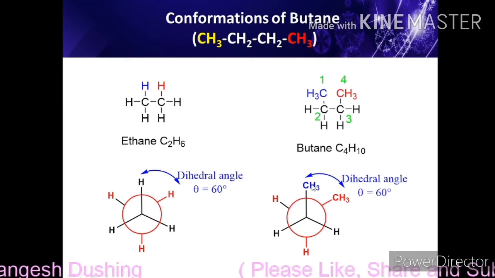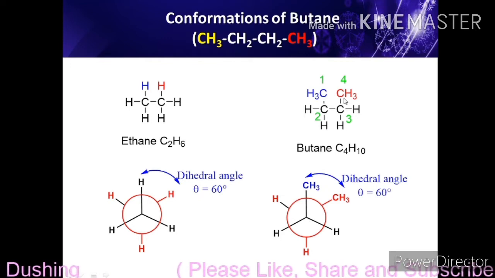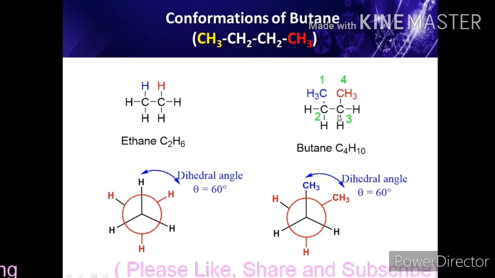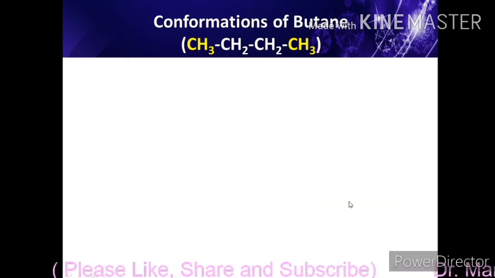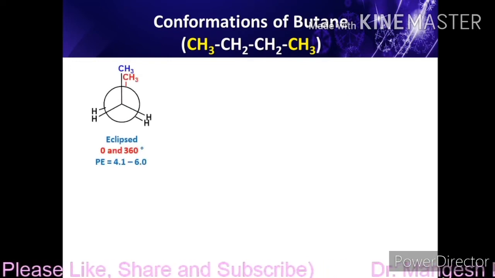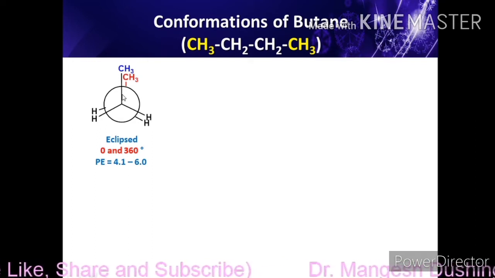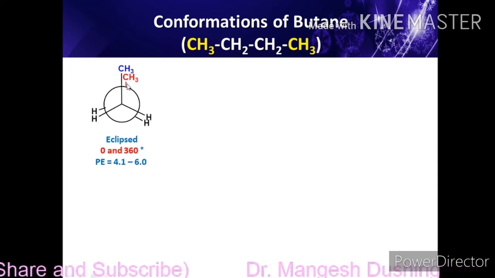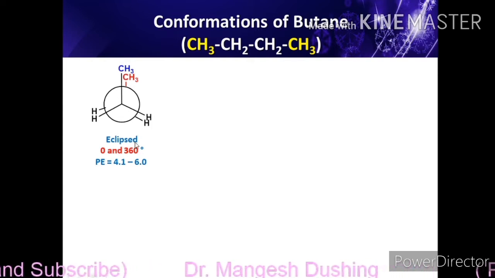So this first methyl is the substituent present on the first carbon atom, and this fourth methyl is the substituent on the third carbon atom. So this is the Newman projection formula for n-butane. Now we will see the conformations of n-butane. So this is the first, that is the eclipsed conformation, as all bonds are parallel to each other. Hydrogen hydrogen are parallel, hydrogen hydrogen are parallel, methyl is parallel with this methyl group. So this conformation is called the fully eclipsed conformation.